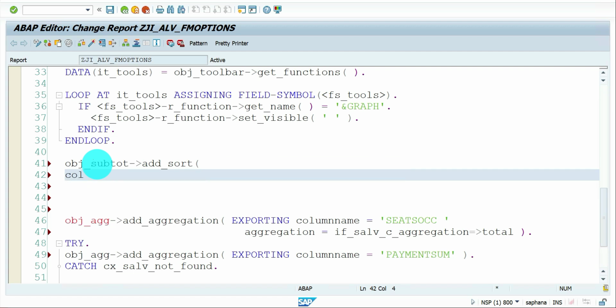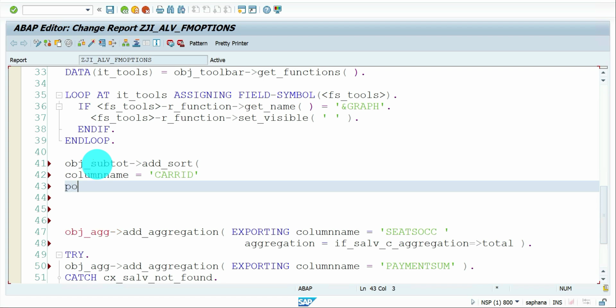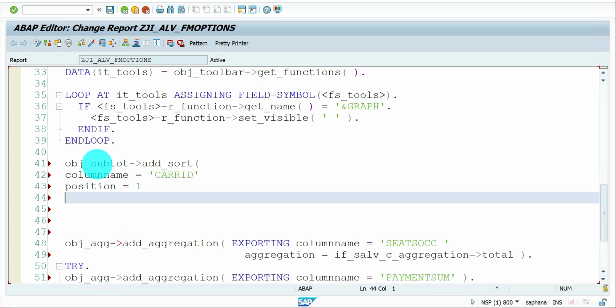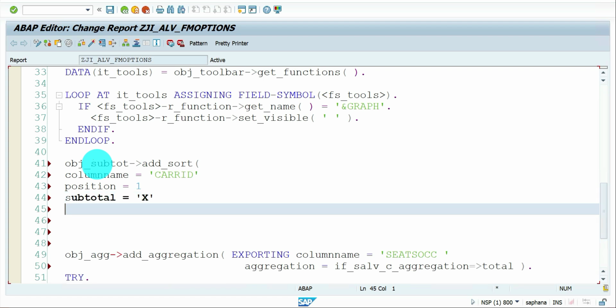Column name, I'm going to have char ID. And what is the position? Position is this is the first one. And as the system is getting slow, I'm not using control space bar to get help, so I just started typing it. Subtotal, yes, I want a subtotal, and the sequence is